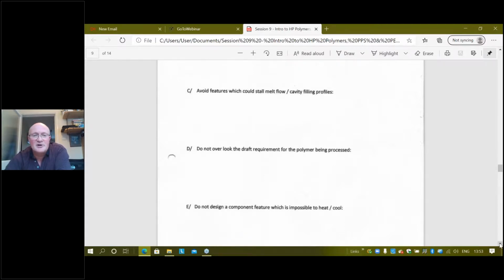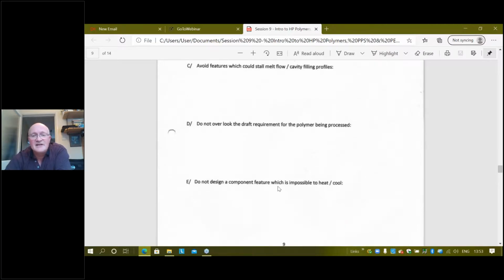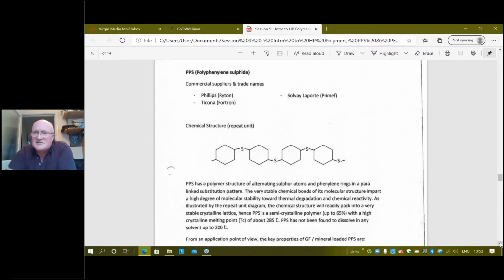Do not design a component feature which is impossible to heat or cool. Heating being the key one here with these high-performance polymers. So make sure you've got good heater coverage. I'll often design a cavity or a component I know fits a standard heater profile or shape. And that is really the key to processing a lot of these high-performance polymers. Now what I've done here, I'm running out of time desperately fast, so I've put in some technical data here on PPS,